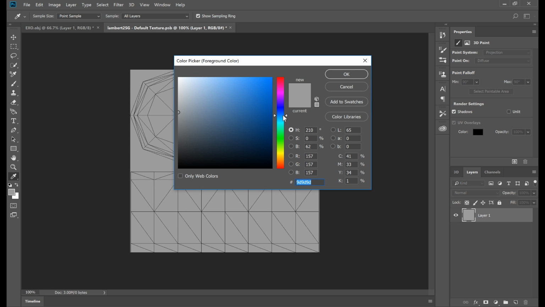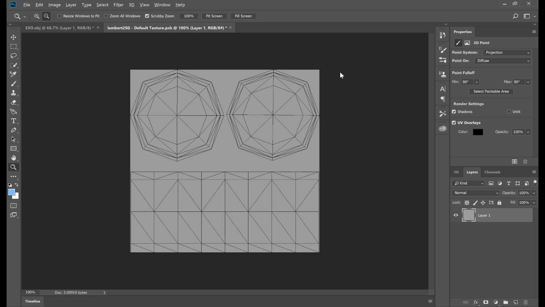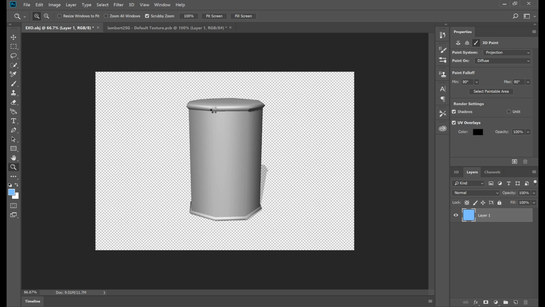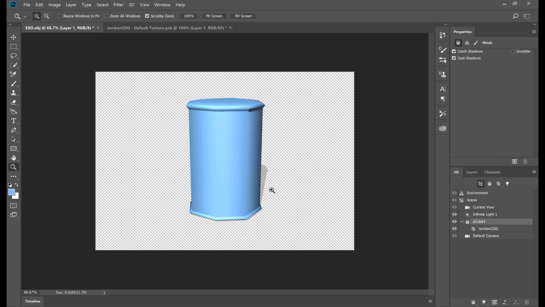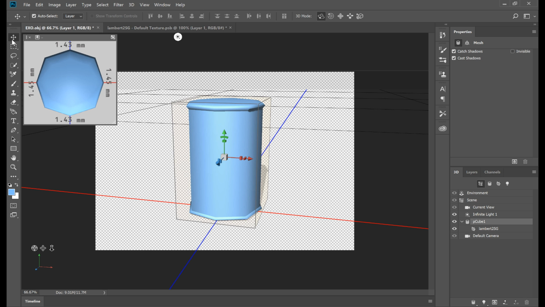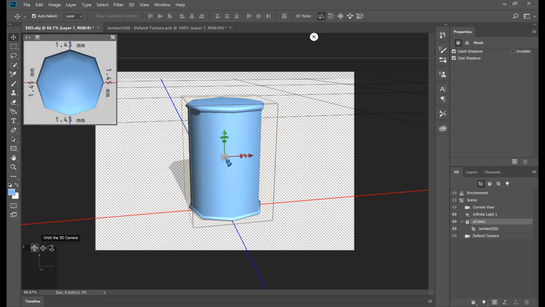Let's say my PopCan has a light bluish tint. Alt and backspace, or Alt and delete on your Mac. You'll see it changed it here. But you're like, well, where did my movement go? Well, you have to remember, you always go back to 3D, click on environment. You can also click on current view or PopCan or whatever. And you want to go here where you're in your move tool, and